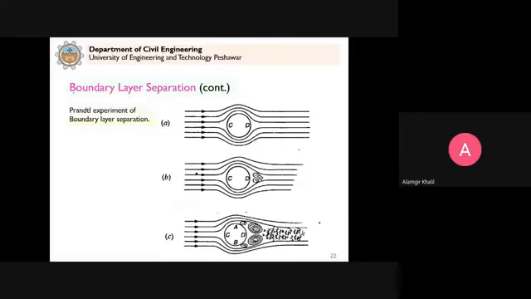Now we can conduct an experiment in which we can observe this boundary layer separation. We already saw a video, but Prandtl conducted a simple experiment to visualize the boundary layer separation. This is, for example, a cylindrical object, or a sphere. Let's say a cylindrical object, and the fluid is flowing past this object with a velocity v. You can see here that at low velocity, the streamlines follow this path. But if you increase the velocity,